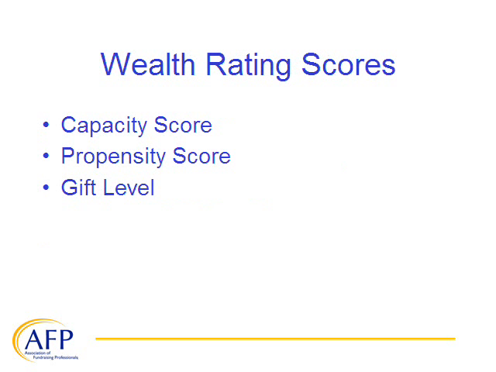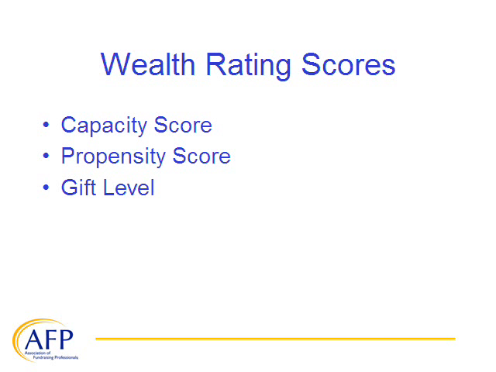I would love to be able to say, could I see a show of hands of those of you who use wealth rating scores? So go ahead, raise your hand. I see some. That's good. For those of you who use wealth rating scores, you'll be familiar with these terms. For others, let's just walk through what's important when you're looking at wealth rating scores. Many organizations and firms, rather, provide wealth rating scores, but I think you'd get some form of each of these scores from whatever firm that you would use.